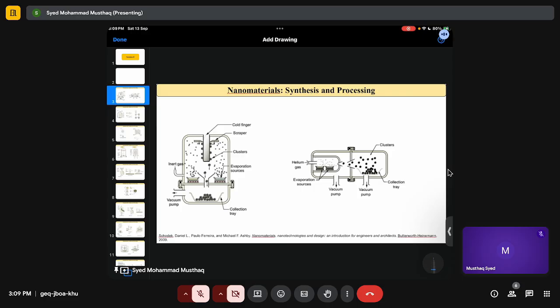We first started with methods for making 0D nanomaterials. So I'll write it here, methods for making 0D nanomaterials. We started with this. In that, first we discussed PVD. Again, I will not explain because it was explained many times. Even I guess the first lecture,